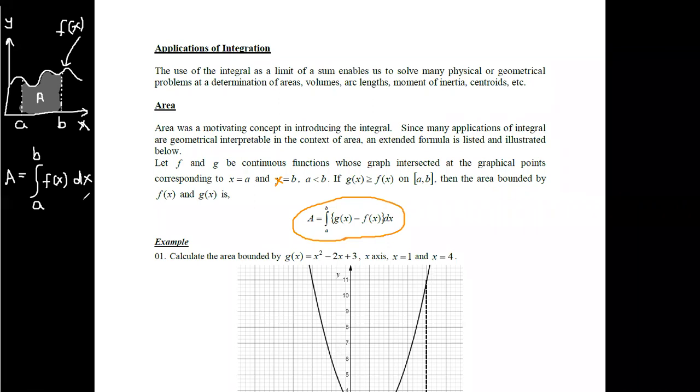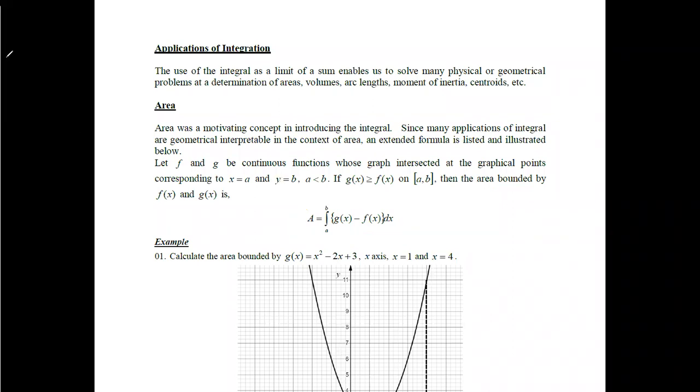Now we will go for another way, which is actually a form of this equation. Think about having the graph in this form. We have this as the x-axis, and we will say this is our y-axis. Now think about having two functions, one named f(x) and another named g(x).